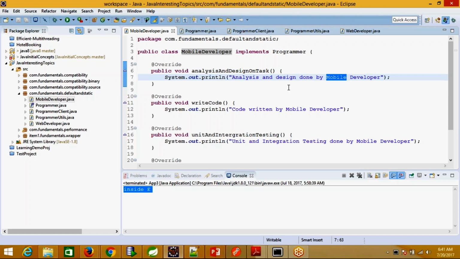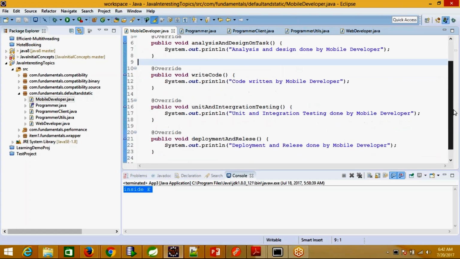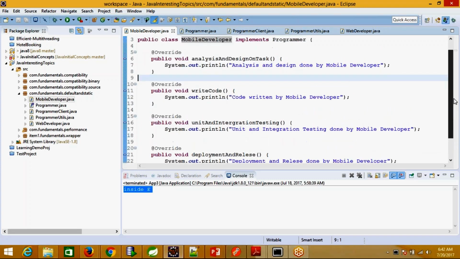A slight difference, so that we can analyze if the code has been triggered from the web developer or the mobile developer.